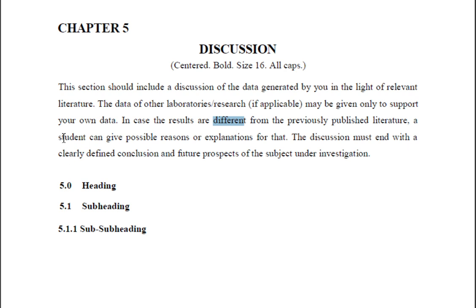If it is different, a student can give possible reasons. So now you can tell some reasons why my family can be different, because you are doing the genetic study. So it's quite obvious that your phenotype can be different from any other Asian, Caucasians, or Canadian, or any other population, because genetics is population based. So yes, this is possible, and you can easily discuss this thing in your discussion. Okay, in either case, if your results are common, like they are the same phenotypes, or if your phenotypes are quite different from whatever is published already. So this is called discussion.